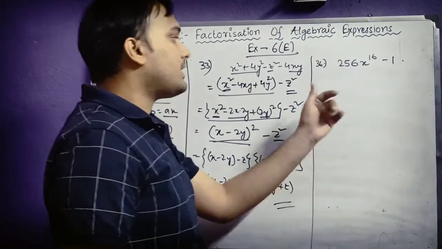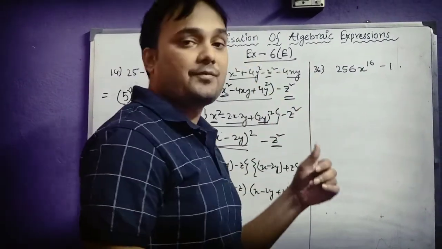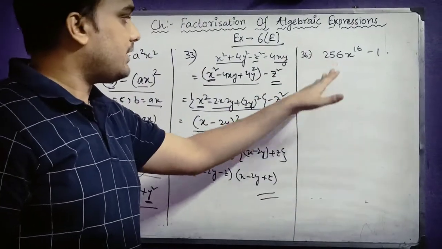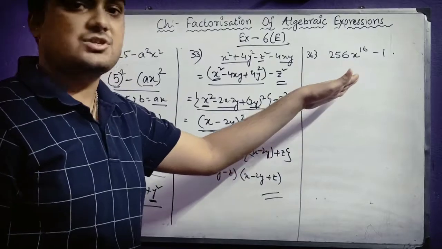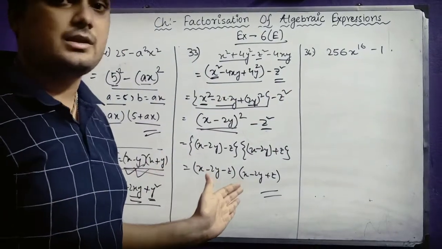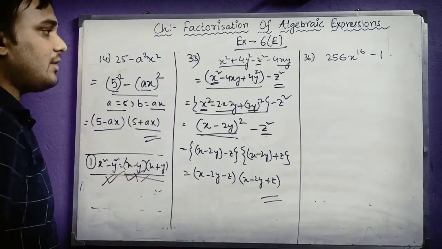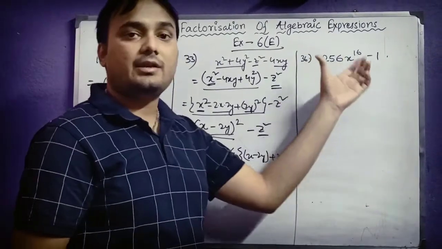Now let us move to the next question, the last question, and this I have selected from the HOTS section, higher order thinking skill. Here we will be solving this question. This question is not that much tough. The same formula only we will be applying here. Which formula? This formula we will be applying. The basic formula which I said before, but it will be a little bit lengthier.